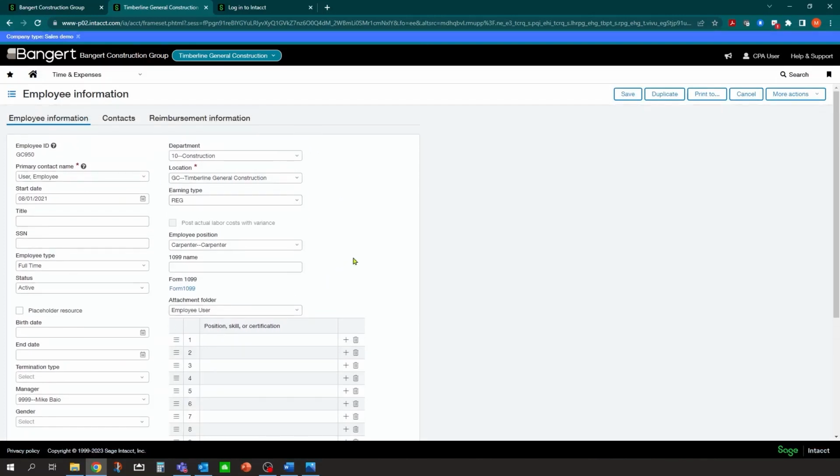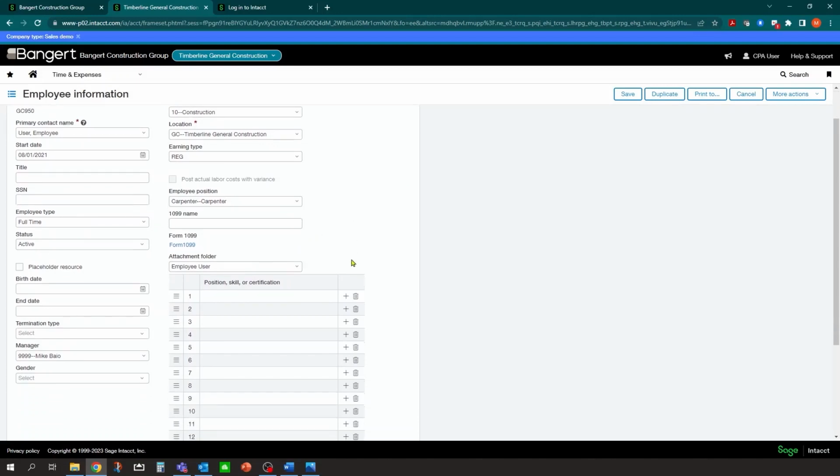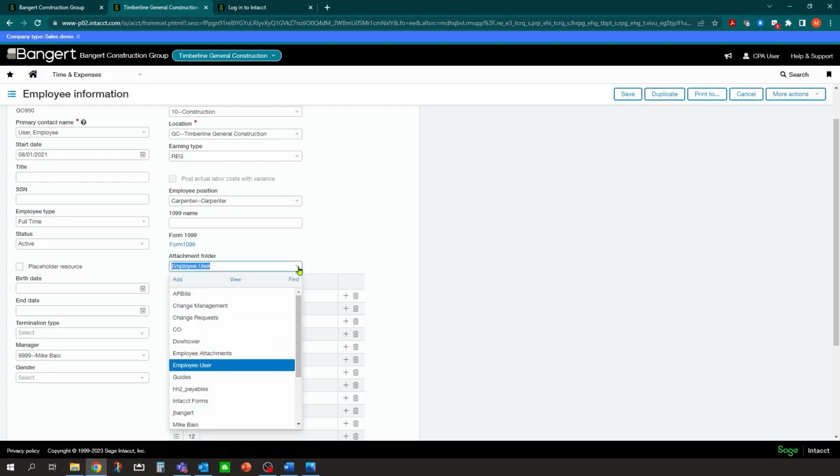On the main screen, you have the ability to dictate what attachment folder this employee's attachments go to. So you could build attachment folders in here, and then you can have subfolders underneath that. For example, I have a folder here called employee attachments. And then underneath that, each employee's name is listed.